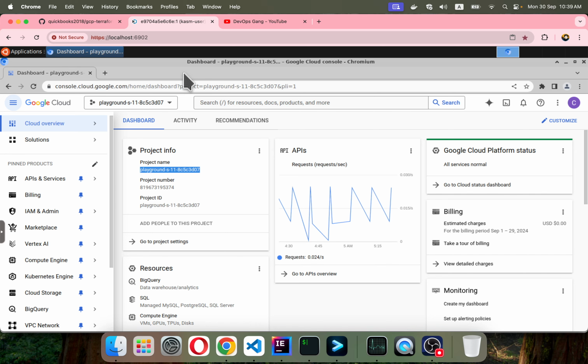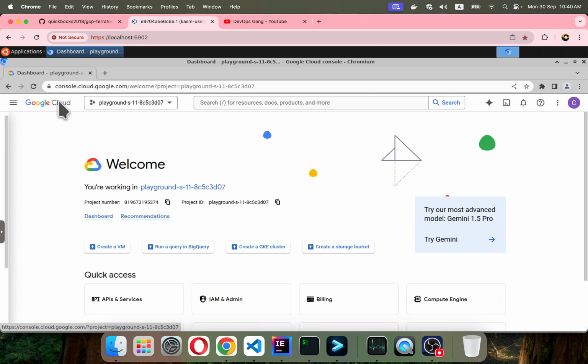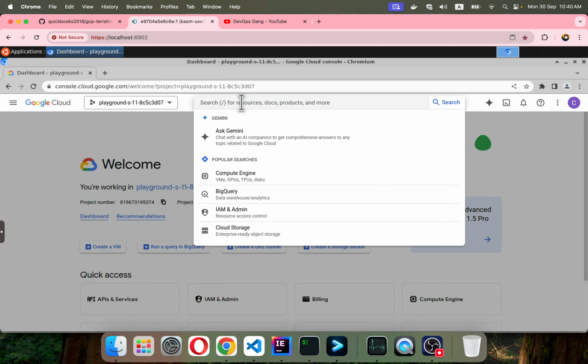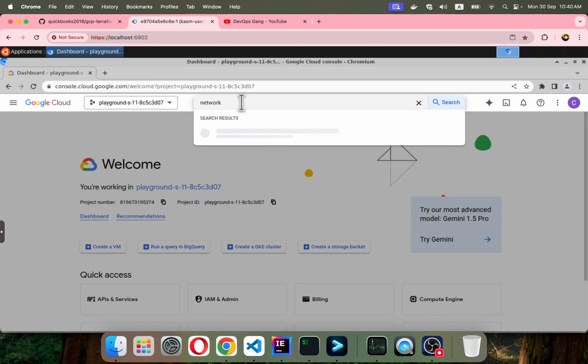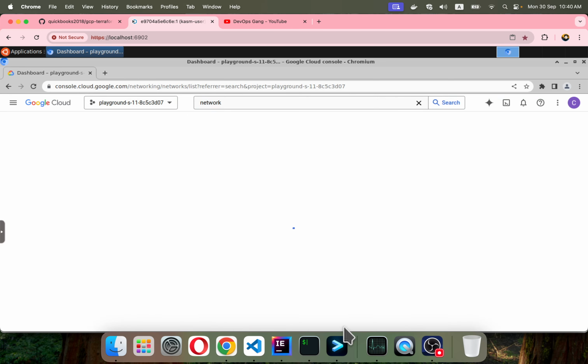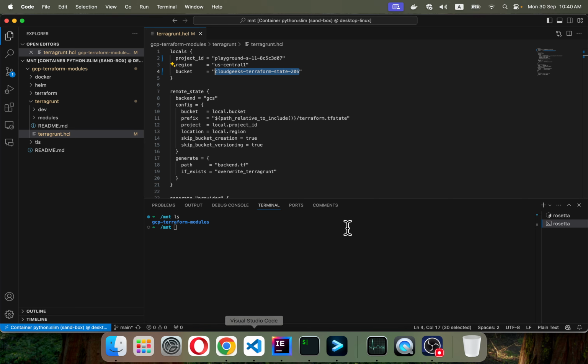Let's simply close it, and then we are going to navigate to the section where we are looking to set up some of the networking stuff. So if I navigate to the VPC network, and what we are going to do, we are going to navigate to VS Code, and we have updated this part. So simply if I cd into GCP Terraform modules, and here I have Terragrunt, and I need to navigate to this dev and VPC, right? So if I do ls here, you see